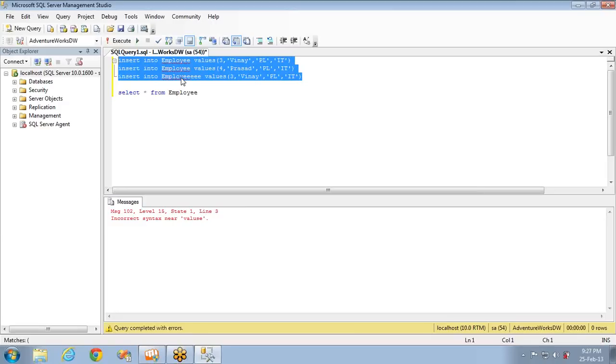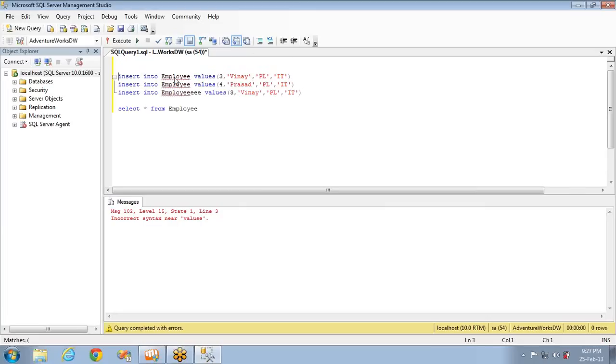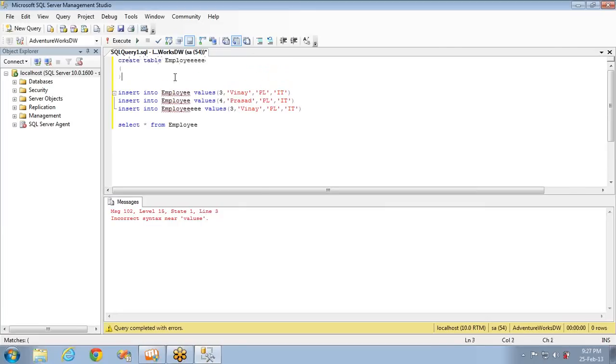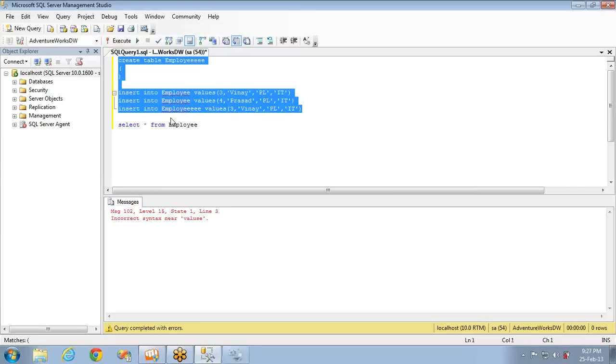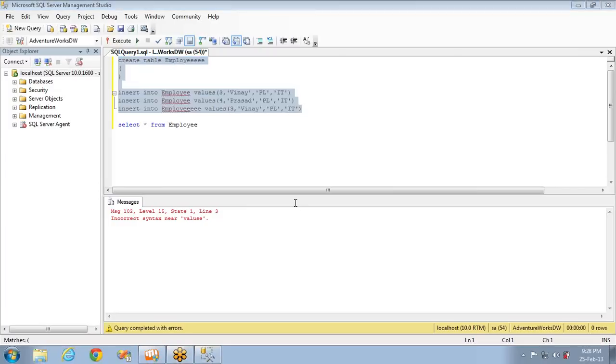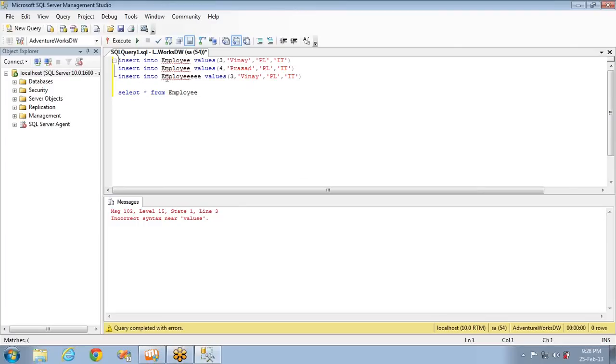Why? Because if I have 10 queries, one of the queries may be creating this table, creating the employee table, right? Something like this: create table employee, and then I'm writing an insert statement. If I execute this, the compilation part cannot check the existence of this table, because one of the queries may be creating the table and I'm inserting the data once I have created the table. You cannot write it as a compile time error, right? So these kinds of errors will lead to runtime errors.